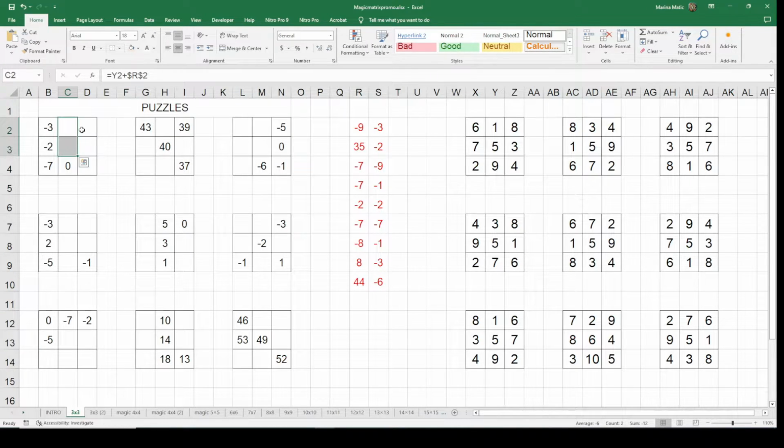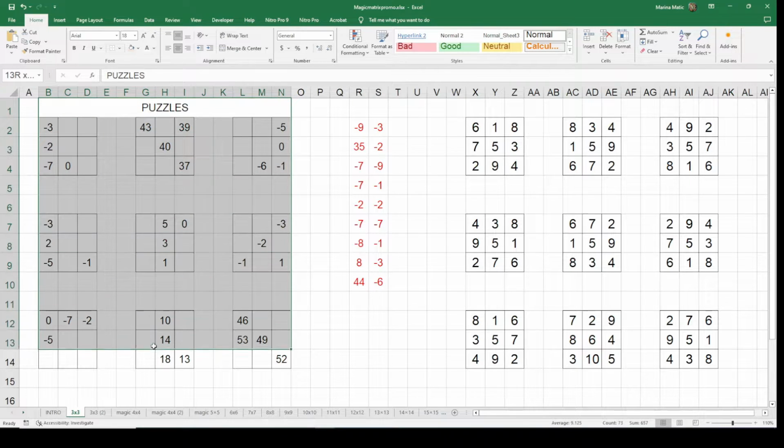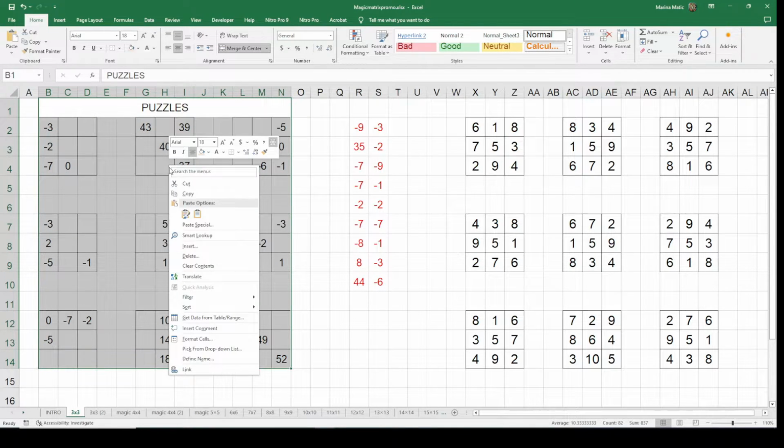So erase 3 in a row or 3 in a column, and usually you can erase middle and center, or you can erase the corners. Keep in mind, remember from the last Excel I told you, don't physically erase the number, just change its color. You see, the number is still there, I just turn it into a white shade. You need to keep it in the white shade, because if I select all of this, so let's select copy,